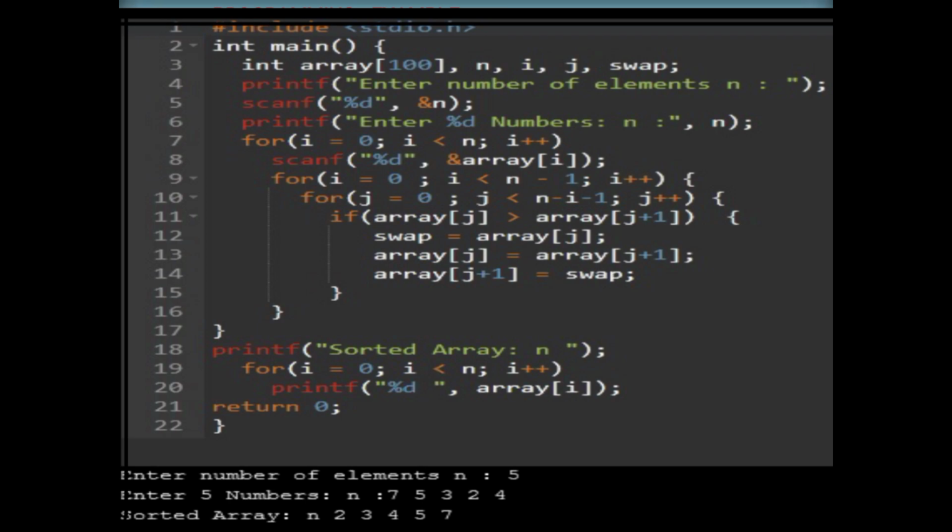In the if condition, array of j is greater than array of j plus 1. It means the first element is greater than the second element. If the first element is greater than the second element, in a temporary variable, that is swap, we store the first element. Now the first element is stored in the swap variable, so the position of the first element is empty. So in the first position we are storing the